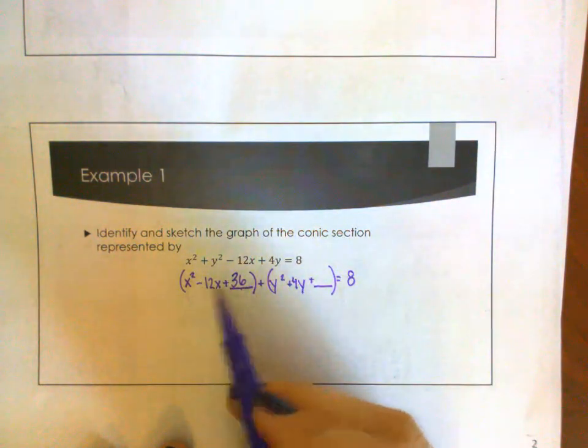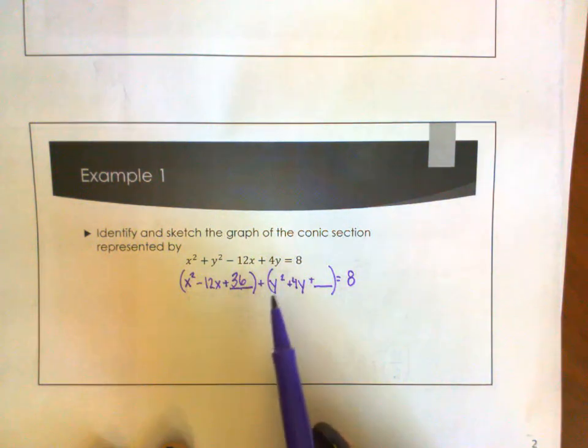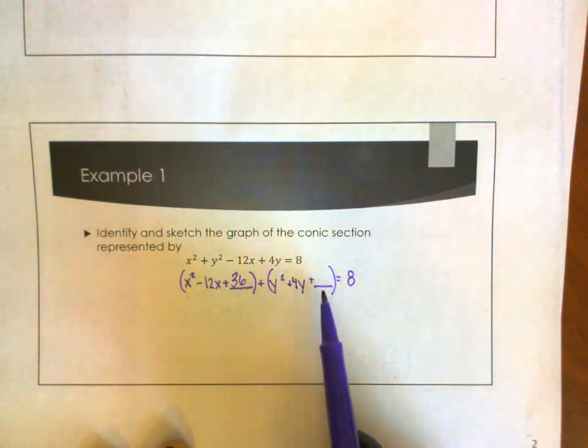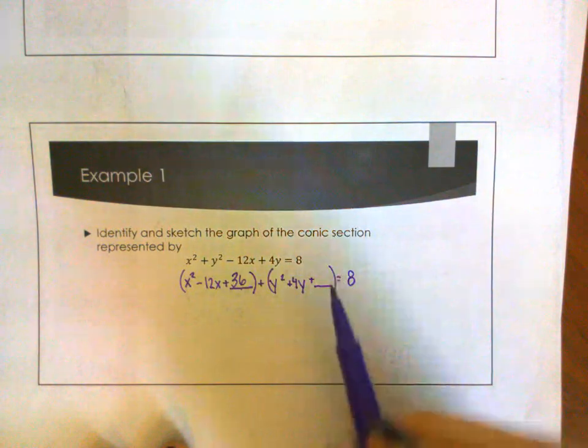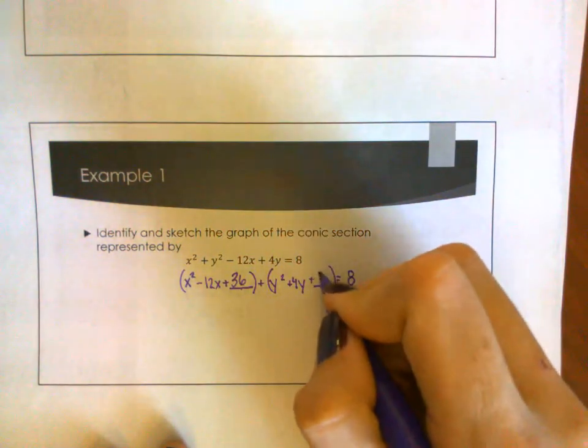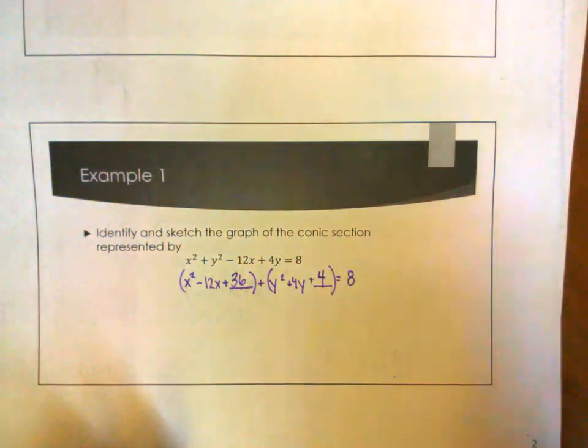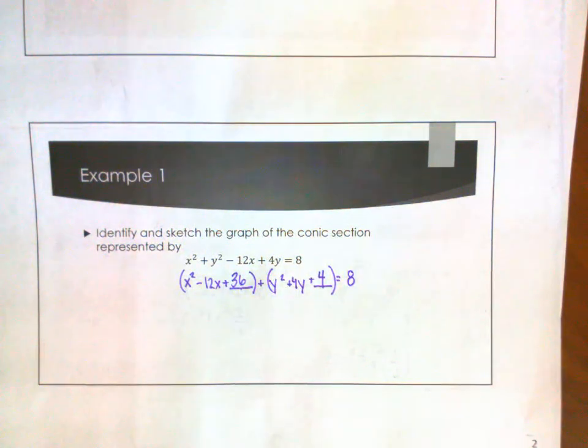12 divided by 2 is 6. 6 squared is 36. So here, what would go in this blank? 4. 4 divided by 2 is 2. 2 squared is 4. But this is where, in the last semester, when we talked about solving by completing the